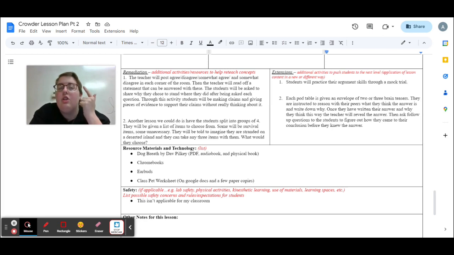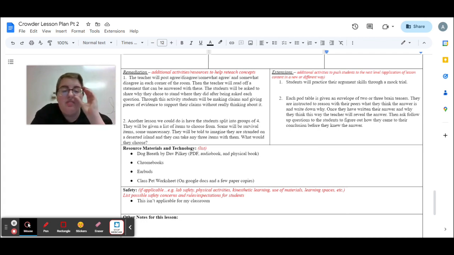They have to know how to find really, really good evidence to make their case strong. And they have to learn how to be consistent. So there's a lot of things that go into making a mock trial, but it could help students incorporate everything they've learned from this unit into one